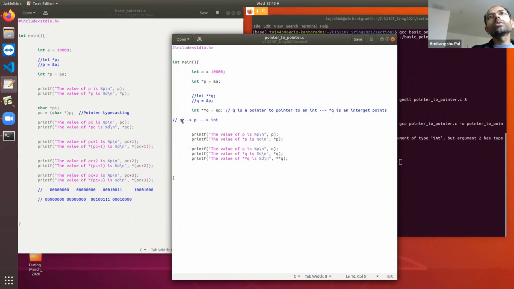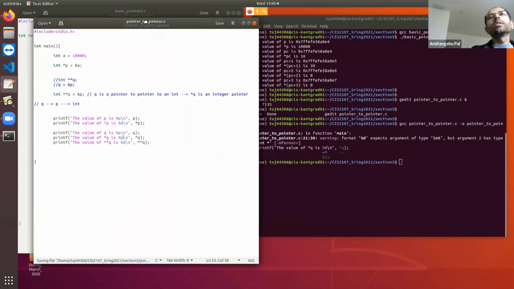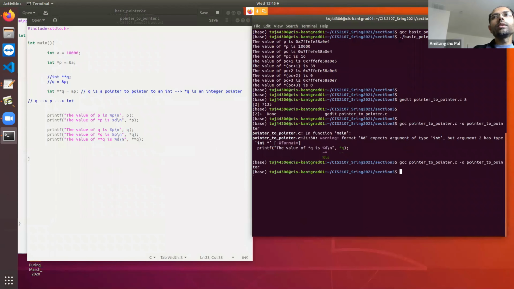So the value at the memory location pointed to by q is p. And what is p? P is an integer pointer. Right? Alright, so as *q is an integer pointer, I need to use %p. Alright, so now it should work perfectly.